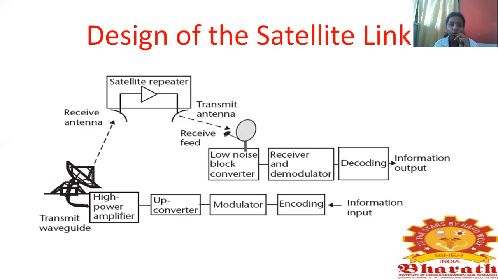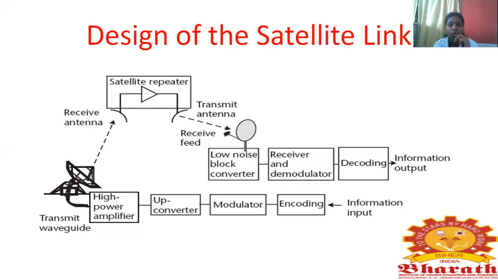In the satellite part, you have two different things. One is the receiving antenna, and the second one is the transmission antenna. The receiving antenna is going to take the signal from the base station, as marked already, you can see in the diagram. From there, the satellite is going to take all the information that is necessary to be sent to the receiving part, and through the transmission antenna, it will send it to the receiver end.